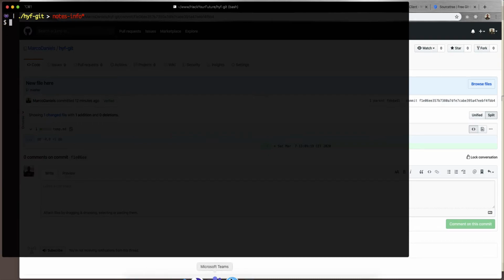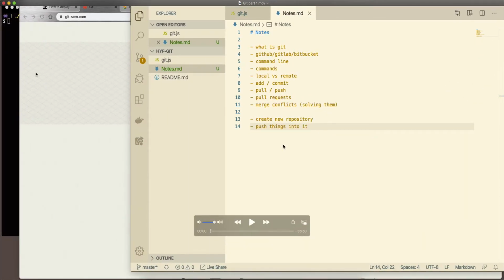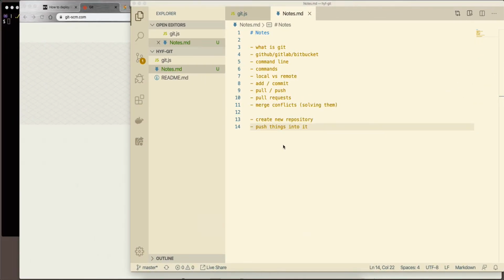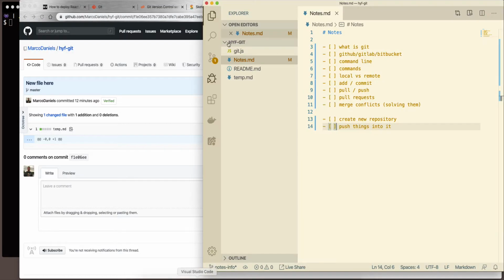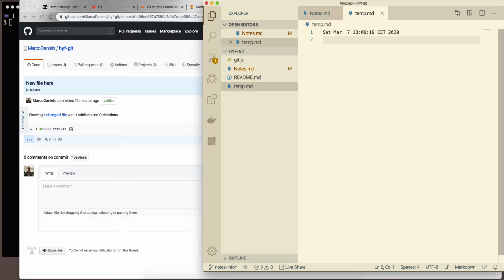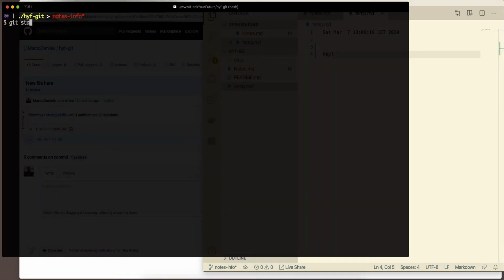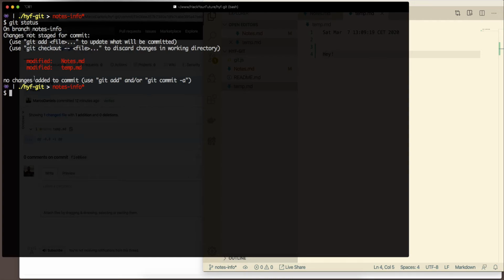Okay, I'm going to clear, and just to show, I'm going to change something somewhere else, on a temp file, for instance. So now if we write git status, we have two files changed, right? It's still the notes and now the temp. Now if we run git diff again,